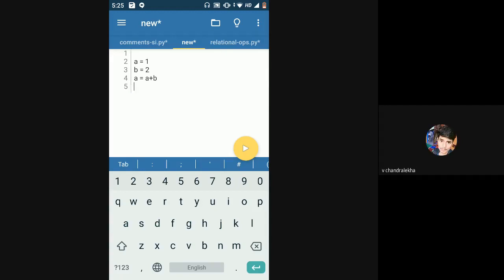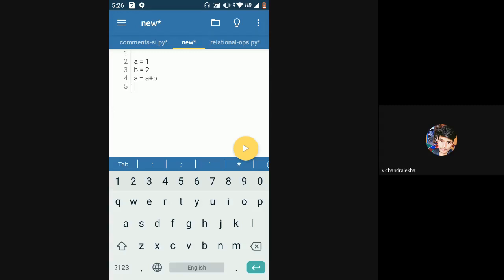Ma'am, question. Is it compulsory to put a plus is equal to b? Yeah, right, a is equal to a plus b. Hello? We can hear you. Yeah, tell me. You wrote a in front, ma'am. You wrote a is equal to a plus b.